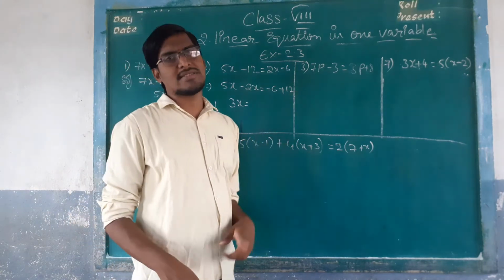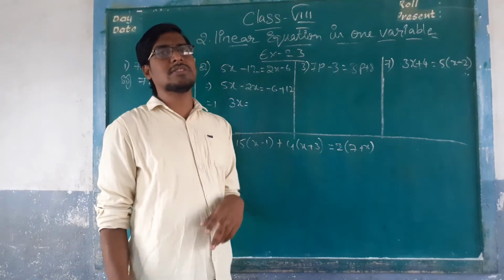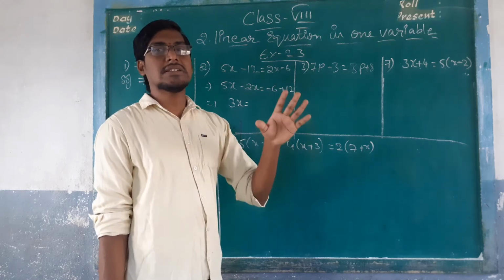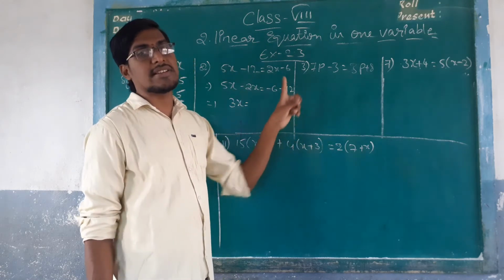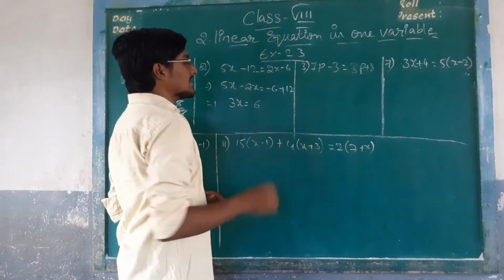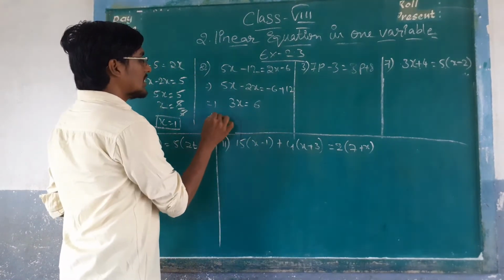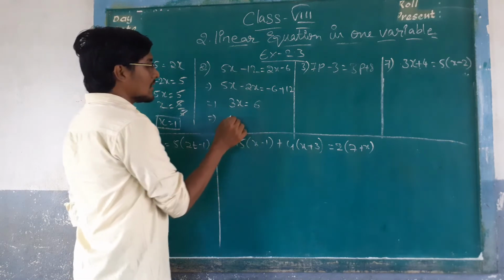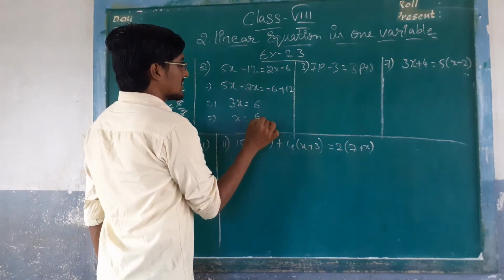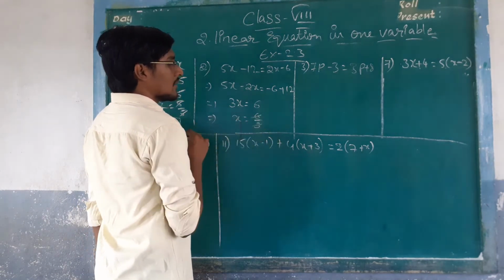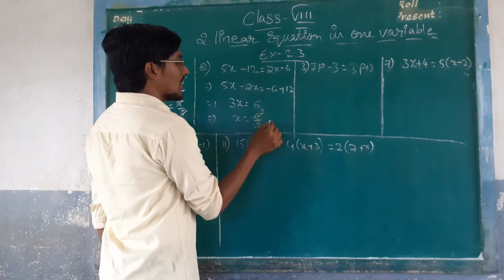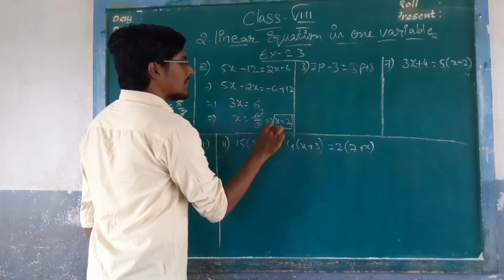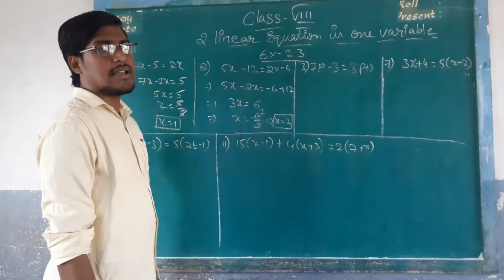One minus and one plus means it will be subtraction. So 12 minus 6, the value is 6. The higher value is plus, so it will be plus 6. We want the x value, so move this 3 to the right hand side. 6 by 3, 3 twos are 6, that implies x equal to 2. What is the x value here? 2 is the x value.